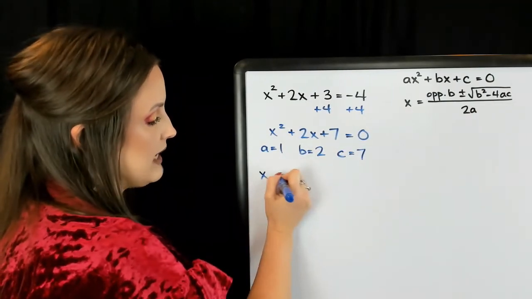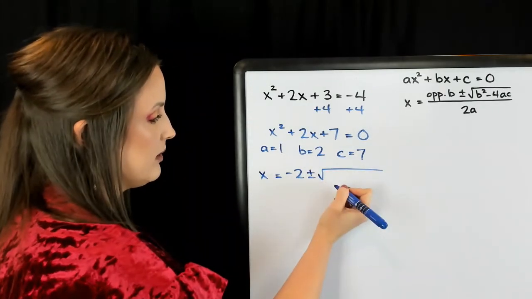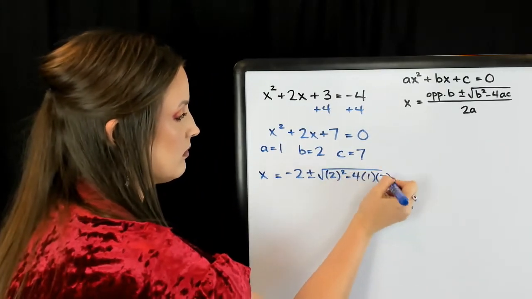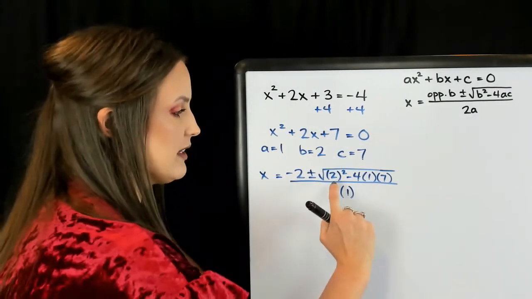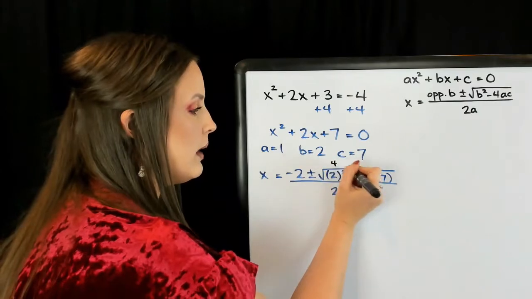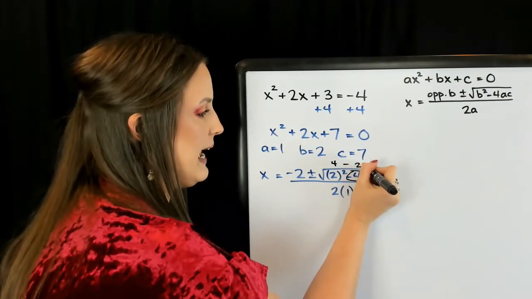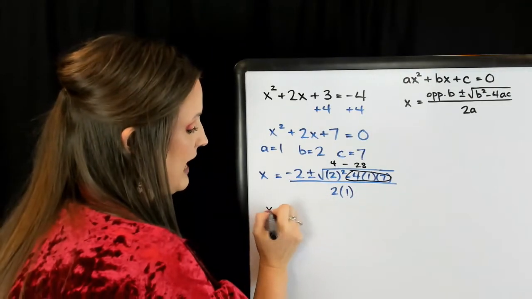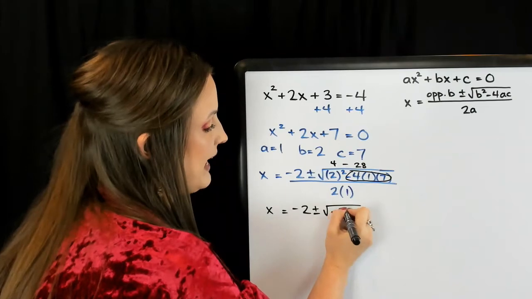All right, so let me write this out and we will get going on the details here. So I like to simplify underneath the root first. So let's do that. This would be 4 minus, and put all these together, so it's going to be 4 minus 28. So that is going to leave us with x equals negative 2 plus or minus the square root of negative